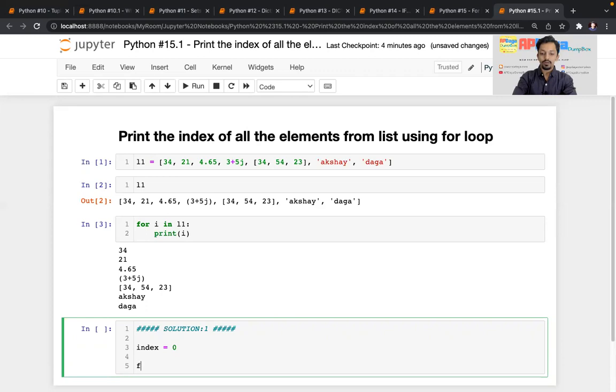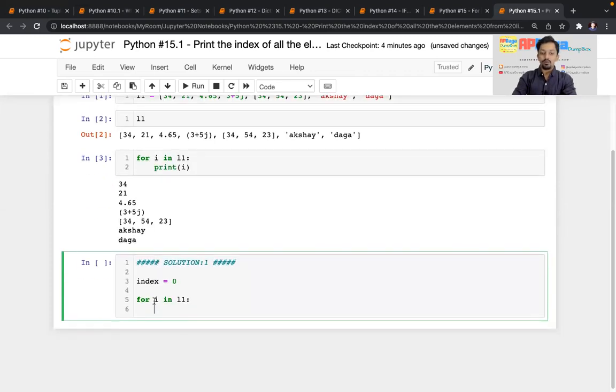Now what I'll do, for I in L1, whatever is the value of the element will be stored in I, right? So I'll write print I, that is nothing but the element. Instead of I, I'll write element, so it will be easy to understand.